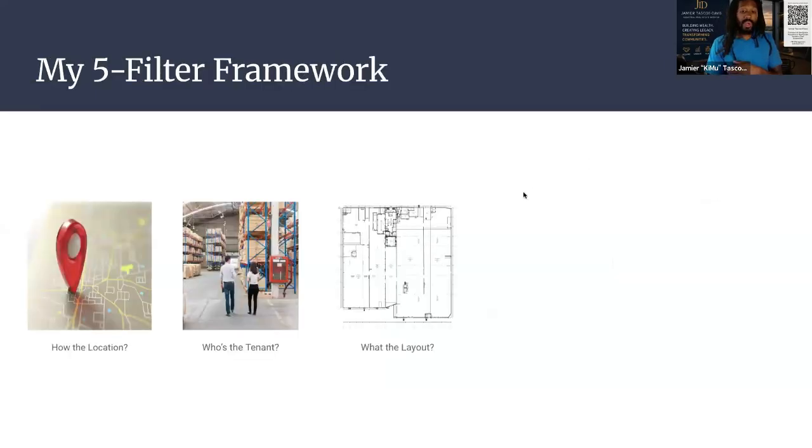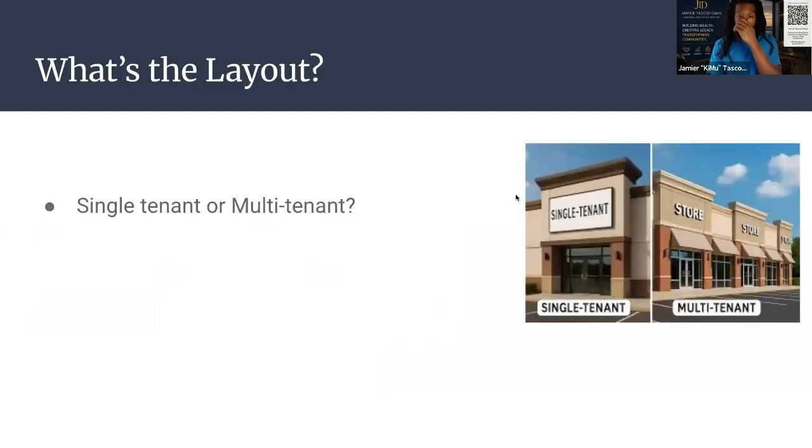Now we get into the third framework, which would be the layout. Why is the layout important? Because we can either have a single tenant, which there's nothing wrong with that. Once again, you can have a single tenant who is going to be there for the next 20 years. I actually know of a property, it's still up for sale. It has been up for sale since mid last year. It's a good year. It's a single tenant. Their contract is, if I'm not mistaken, 15 years. So they have a 15-year lease term.